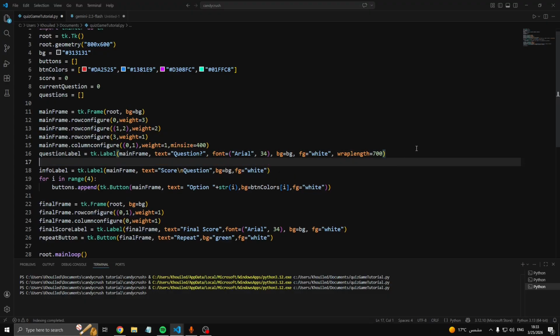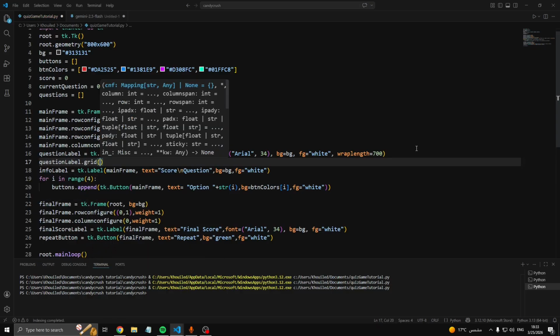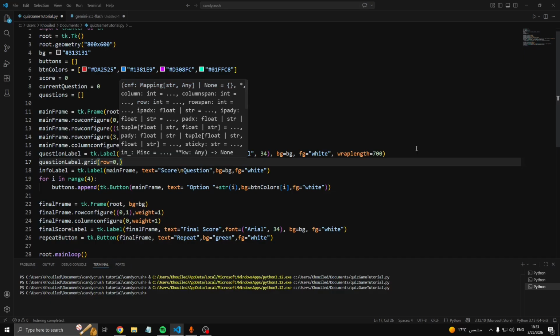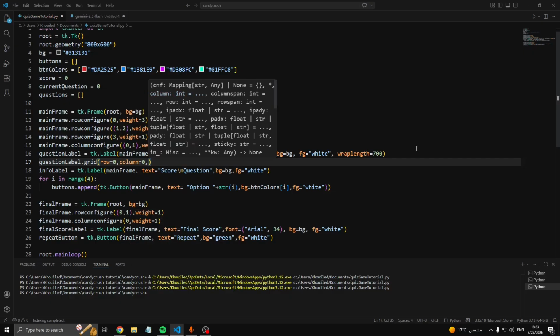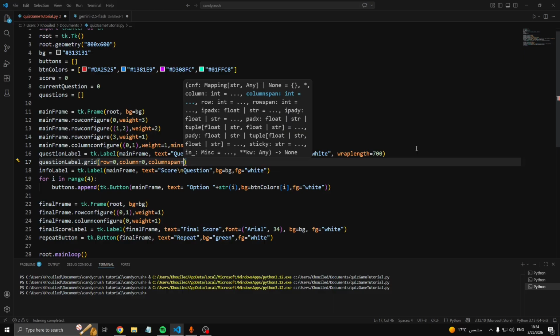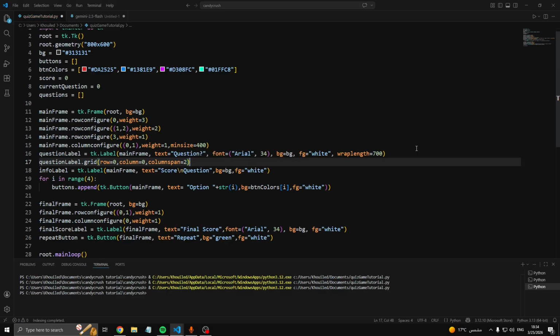So if we wanted to add the question label, we just say question label dot grid, and then we give it the row. We want it to be in the first row and the first column, but we want it to take 2 columns in width, because there's no other thing that we need to add in the first row, just a question label. So we need to take 2 columns, so we use this column span parameter and give it the number 2. So this basically just adds the question label, and it takes 2 columns in the first row. So if we run the program now,